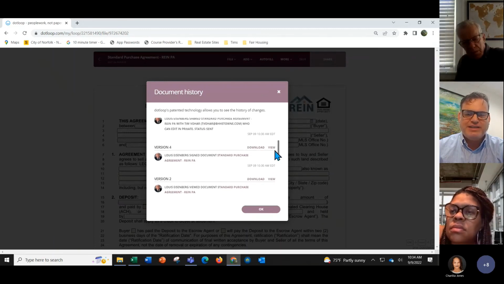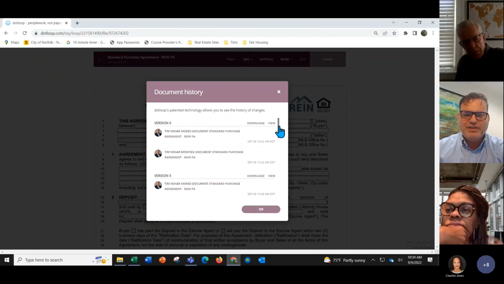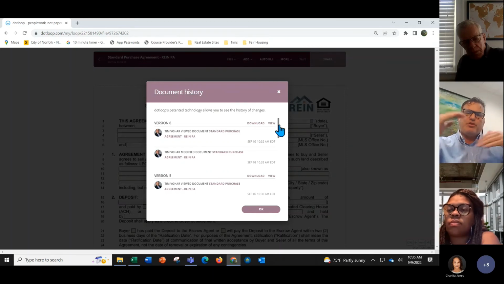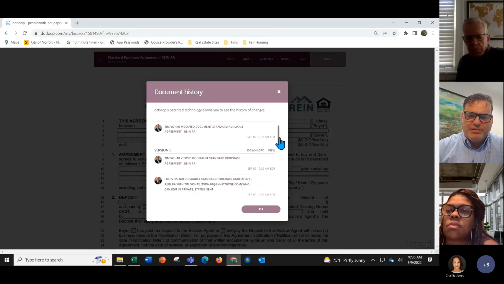Then Lewis signed it. That created version 4. Then I looked at 5 and I did 6. Lewis probably can't see 6. Lewis probably can't see the odd ones, 2, 4, and 6. I think Lewis can't see because those are mine and he's got his. So that'll tell you. But all of those, if I came down here